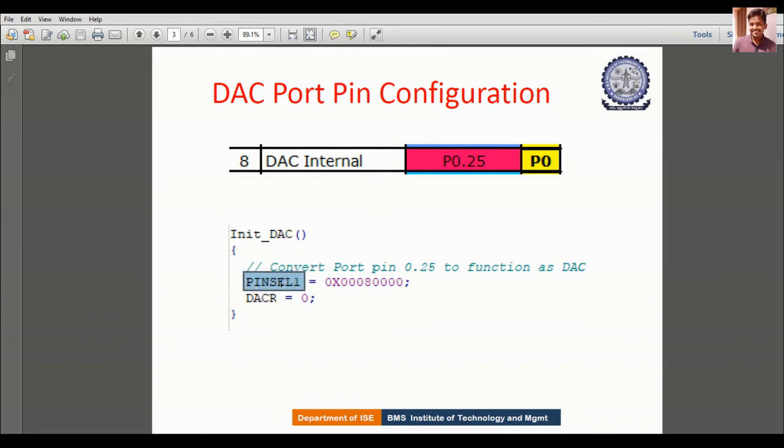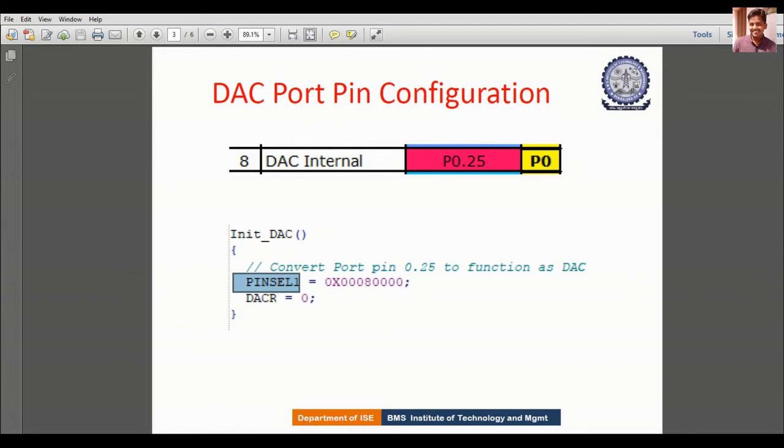As you know, there are three pin select registers. PINSEL0 corresponds to port 0 from the 0th pin to the 15th pin, PINSEL1 corresponds to port 0 pin 16 to pin 31, and PINSEL2 corresponds to port 1 pin number 16 to port 1 pin number 31. But here we are going to use port 0 25th pin, so that's why we are using the PINSEL1 register.